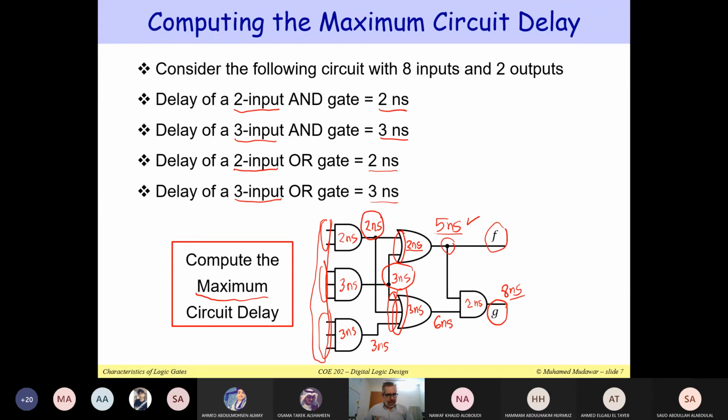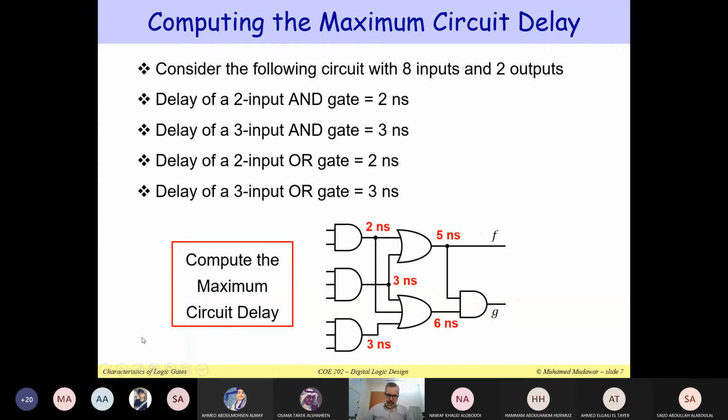Fine. So we understand this problem. Okay, we know how to calculate the propagation delay. Now, let me clean up this again, erase all the ink. So you can see how you can look at the delay at the output of each gate inside the circuit, and the maximum delay is 8 nanoseconds. That's the propagation delay. Now, if you look at these gates, suppose that I number them as 1, 2, 3. Here I have 4. Here I have gate 5, and this is gate 6. I'm just assigning them numbers.